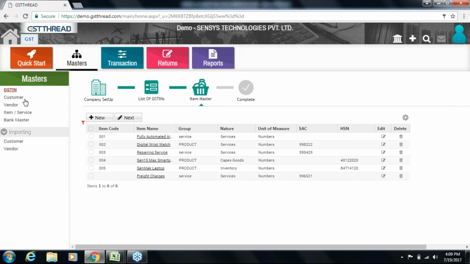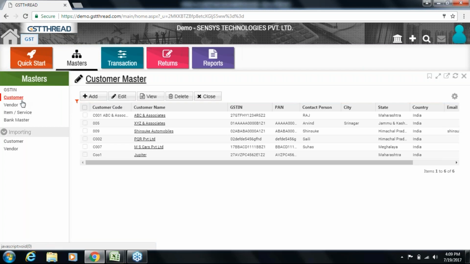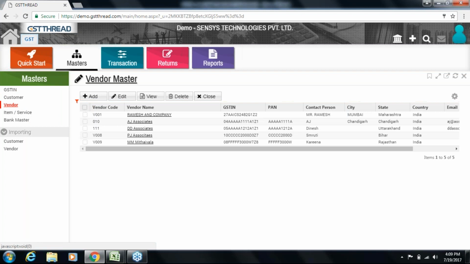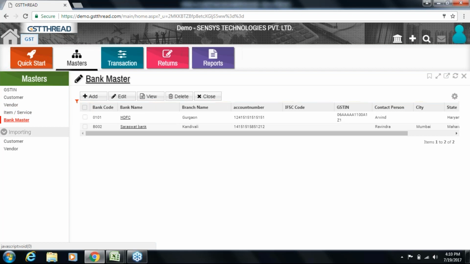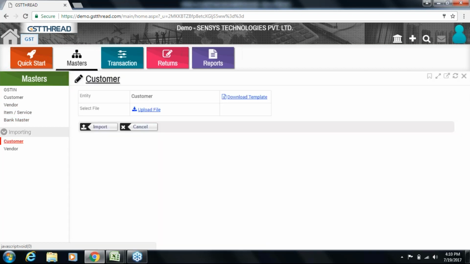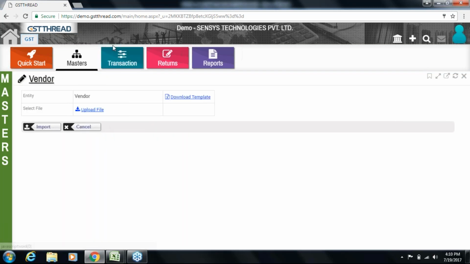Under masters, in customers, we have seen how to fill in all your customers, vendor master, the companies from whom we purchase our products and services, bank master for making your payments and receiving receipts, and importing of your customer and vendor by a predefined template.